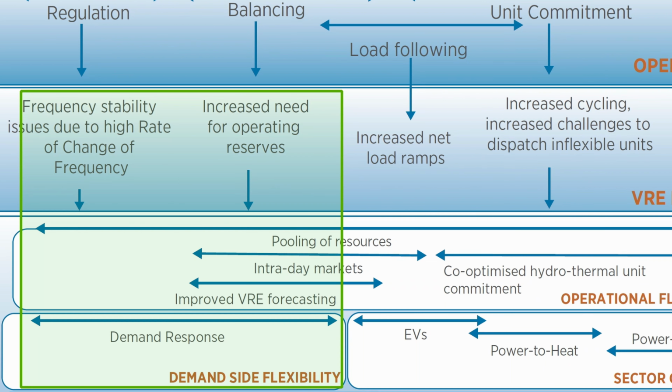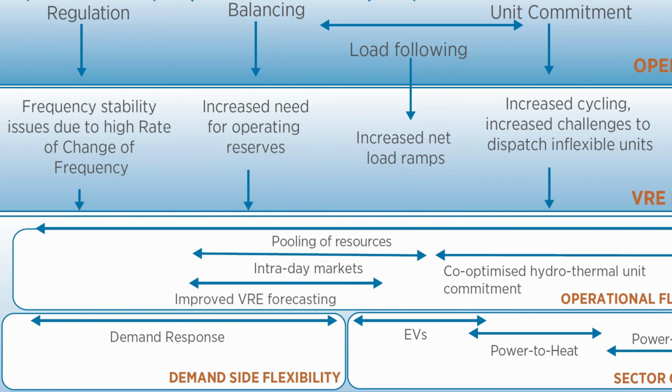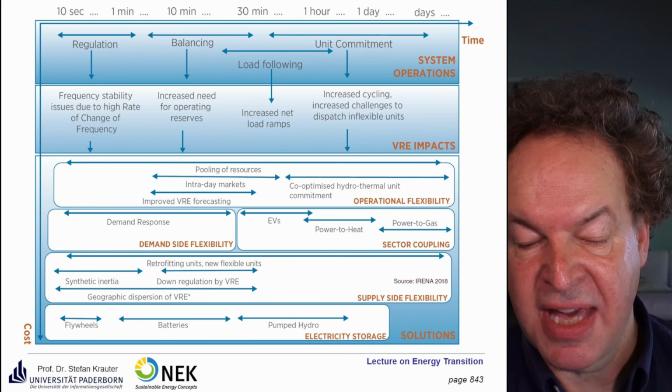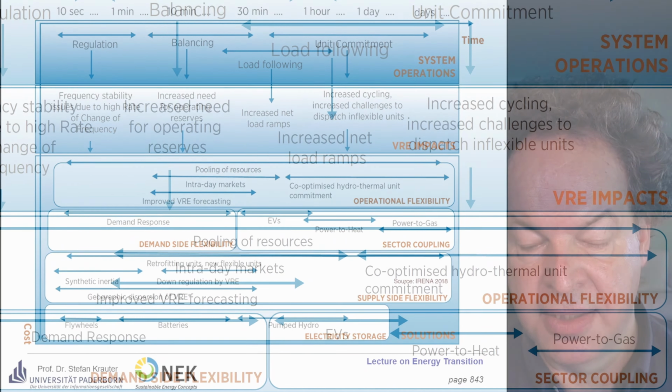On the left side, we already discussed demand side flexibility or demand response. If we take a look at the longer time frame, we can carry out sector coupling, as I mentioned already, via electrical vehicles or via power to heat option or via power to gas, could be methane or hydrogen,